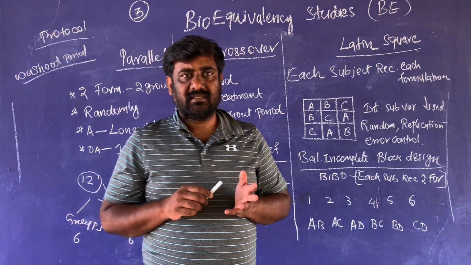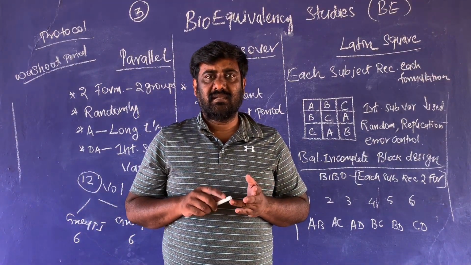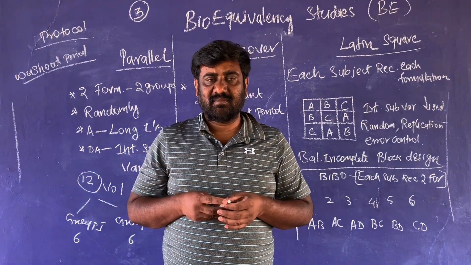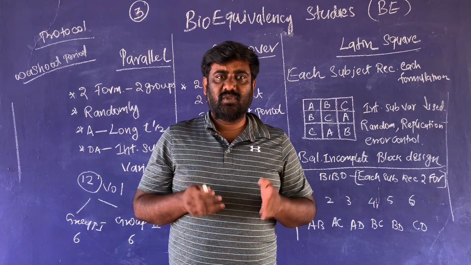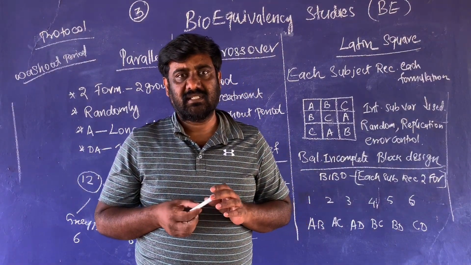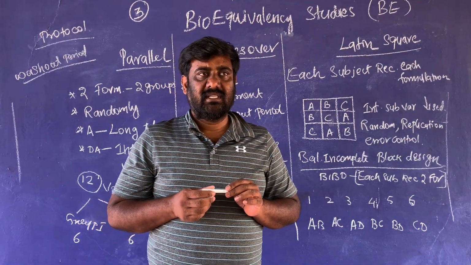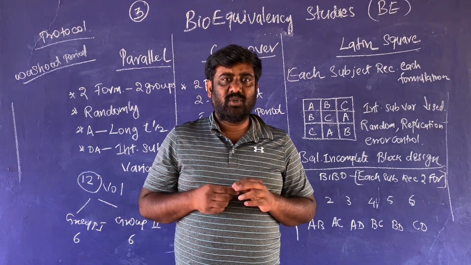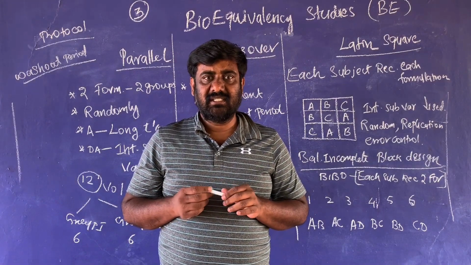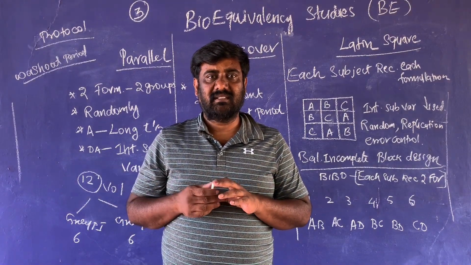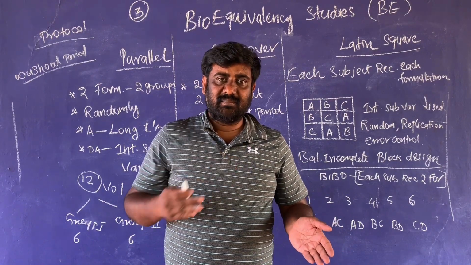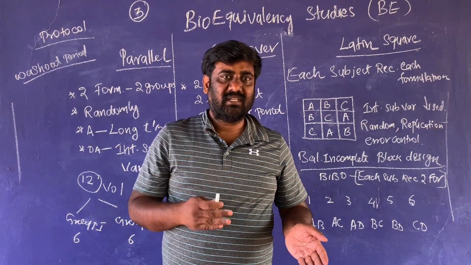Then their age, sex, and body weight should be the same as much as possible. Then their food habits and physical activities are checked. Then this group of people is told about the time of administration and the time of sampling. That means when it is administered, at what interval the blood is collected, and how many ml are collected,